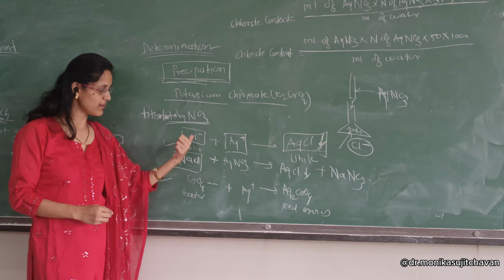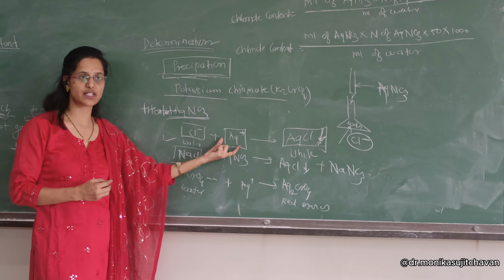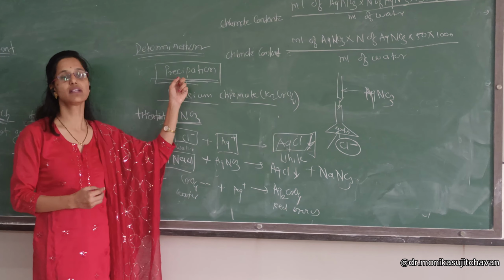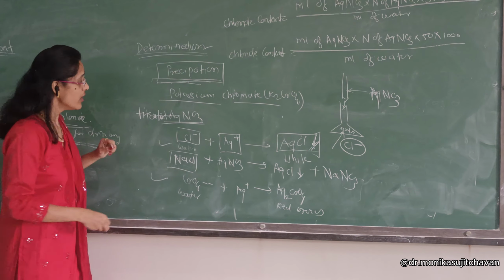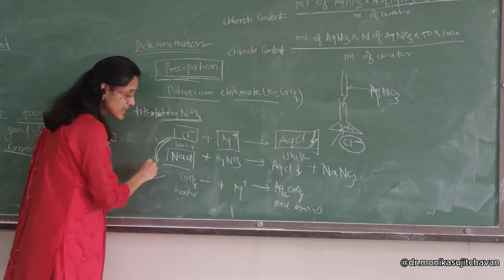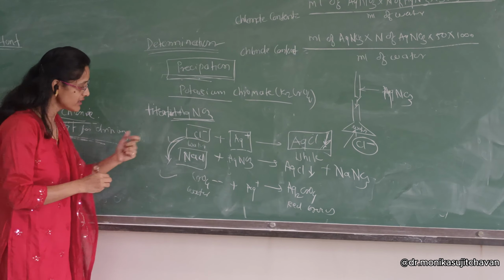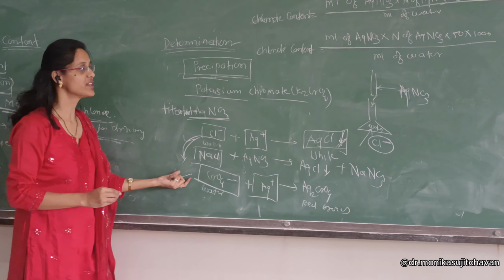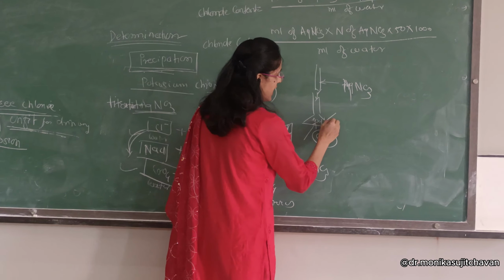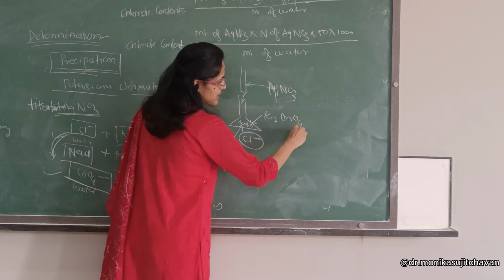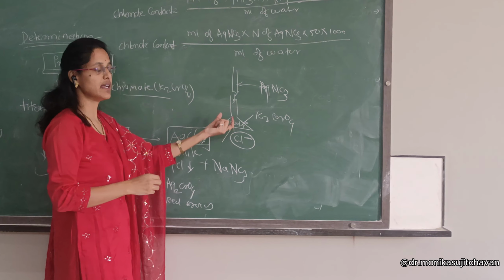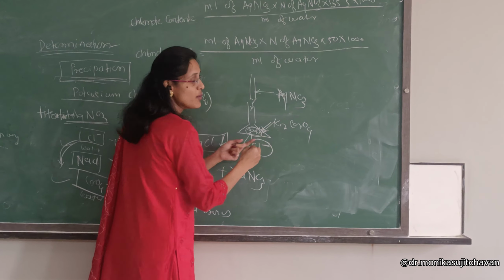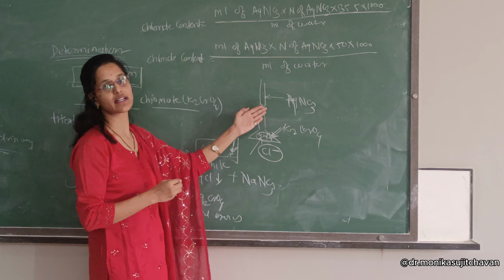So the Cl minus present in the water combines with the Ag plus from the burette from AgNO3 and forms the AgCl precipitate. That is why it is called precipitation titration. Now when all Cl minus is consumed by Ag plus, the Ag plus will react with the potassium chromate which we add during the titration as an indicator. While determining the chloride content, we pipette out the water sample, add potassium chromate as an indicator and titrate with AgNO3.